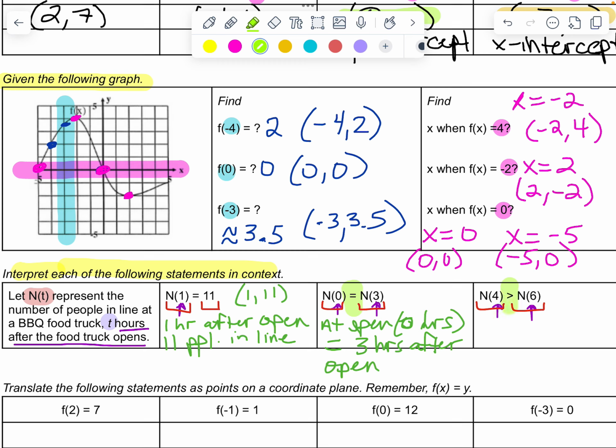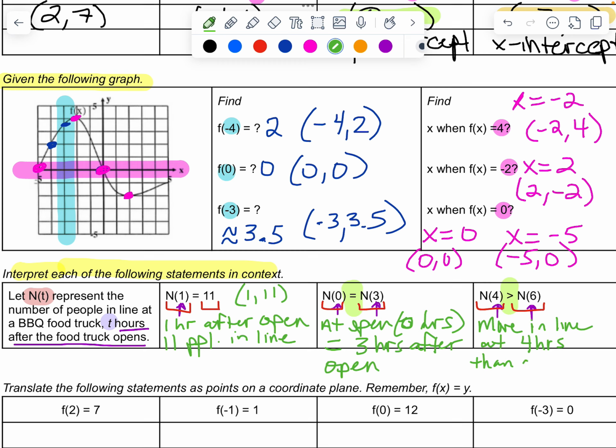We see this greater than symbol, the fatter part to the left. And what that means is, again, we don't know any information about the y value, but I certainly know information about the x value, the domain, the input, the t in this situation. And what this says here is that there will actually be more people in line at 4 hours than there is at 6 hours. So more people in line at 4 hours